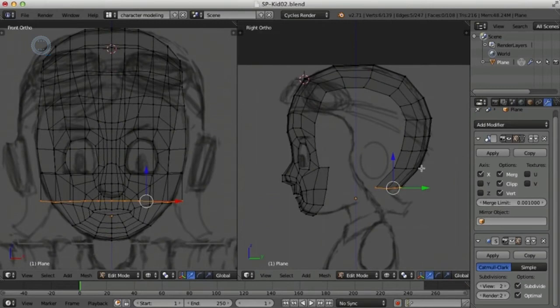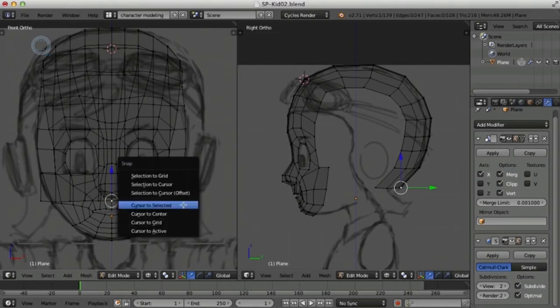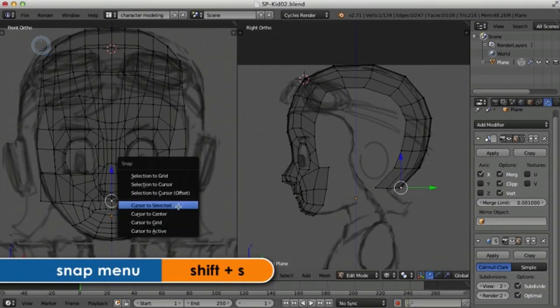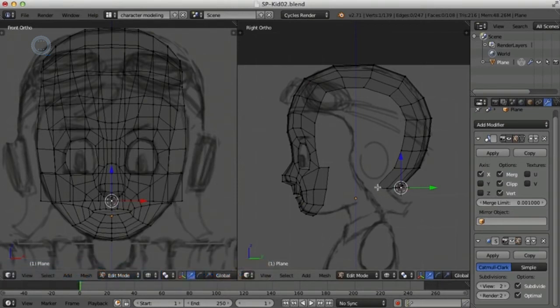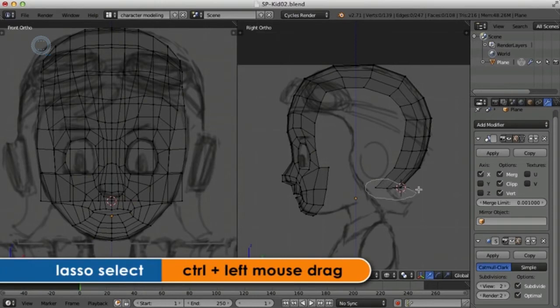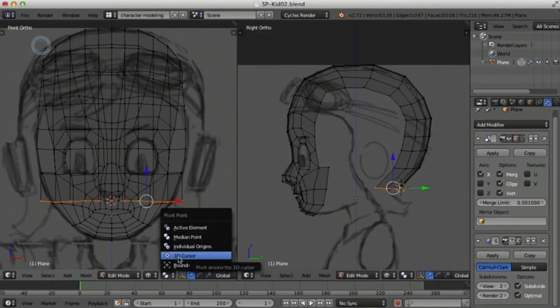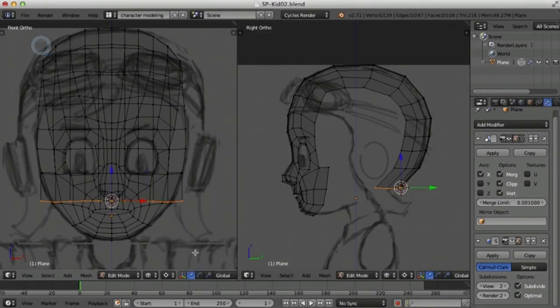Now this edge that I've extruded down is a little wide for the character here, so I'm just going to select this center point and press Shift S and choose Cursor to Selected. And then when I Control Drag to select those points, now if I change my pivot point to the 3D cursor, when I scale now, it will happen from that center point. So I'm going to scale these in just a bit to match the head. There